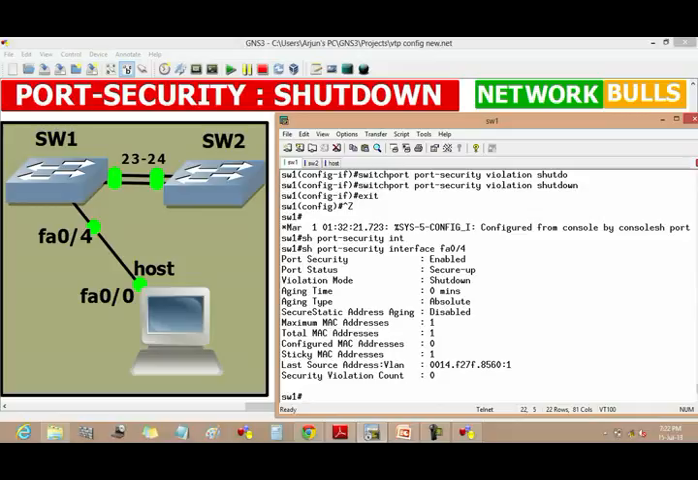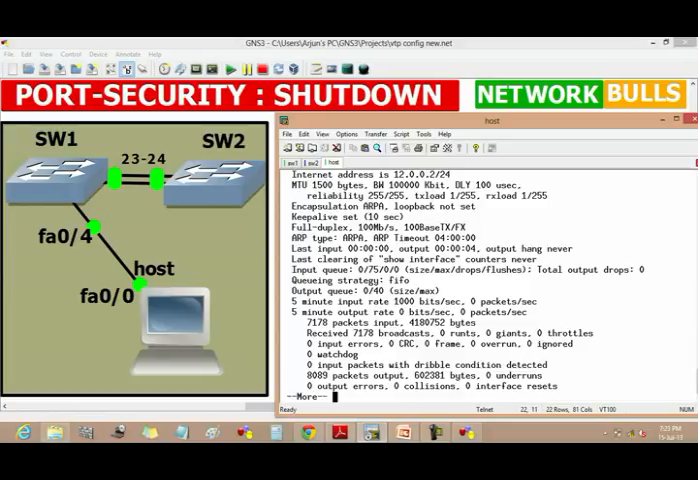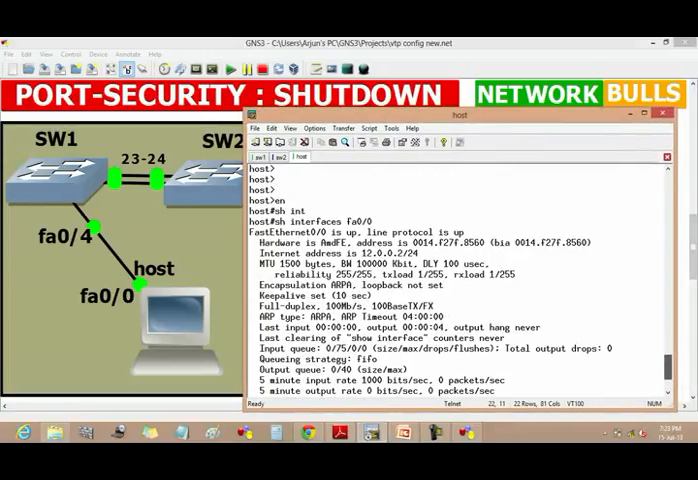Now it shows that port security is enabled on this interface, and the maximum number of MAC addresses allowed is 1, and the security violation count till now is 0, and the last source address is 0014.f27f.8560, which is the MAC address of the host. We can verify this by using show interface FastEthernet 0/0, through which the host is connected to switch 1. Now here we can see that the MAC address of the FastEthernet 0/0 port of the host is